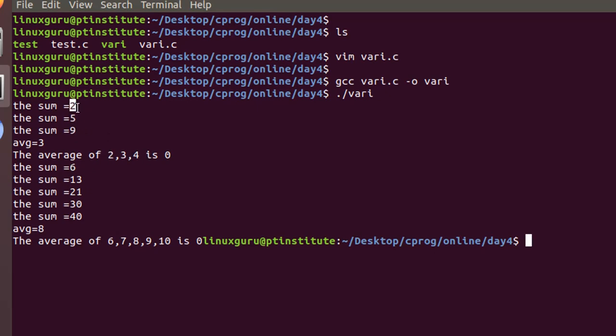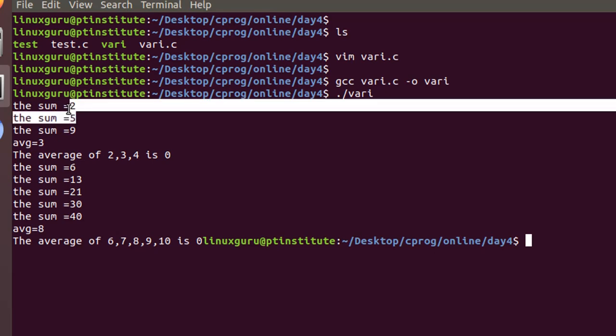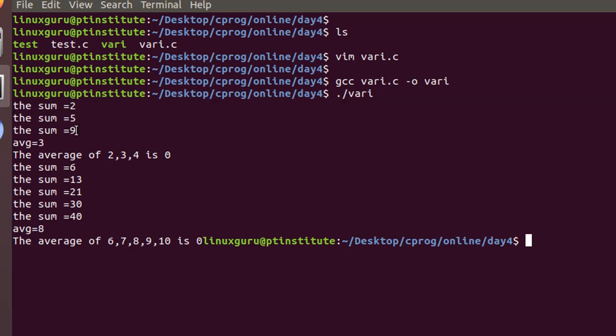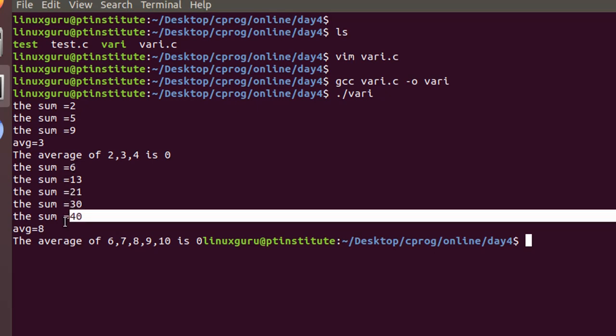So first it is 2, then 2 plus 3 is 5, then 5 plus 4 is 9. And 9 divided by 3, so I am getting 3. Here I am passing 5 arguments, 6 7 8 9 10. So 6 plus 7 is 13, plus 8, then 9, and then 10. So it becomes 40, and 40 by 5 becomes 8.